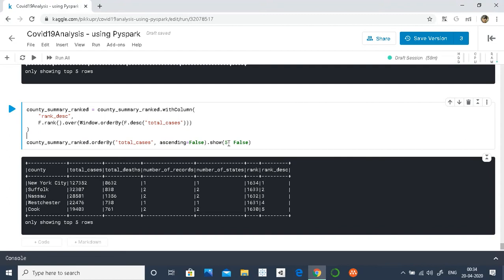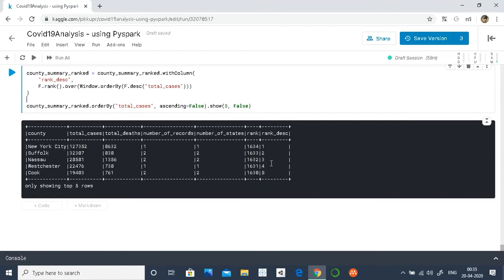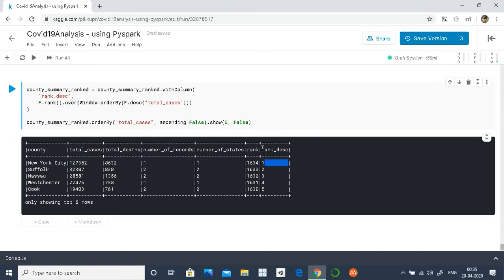So I am showing the top 5 records here, so we can see how rank is given here. Since this rank was created based on the total number of cases sorted in ascending order, it has been given some high rank, whereas when we sorted total number of cases in descending order, it got the minimum rank.